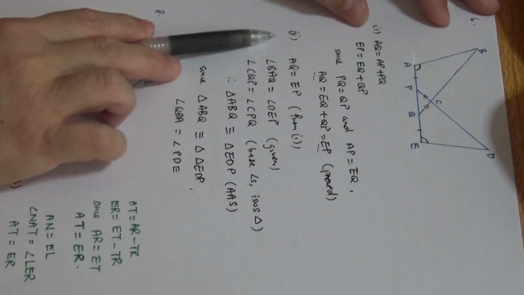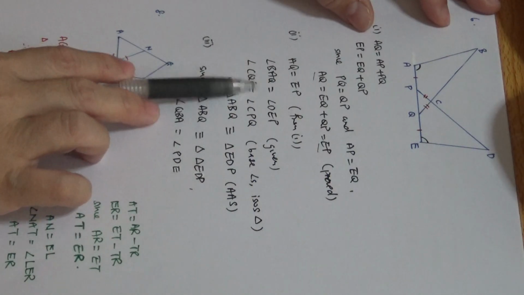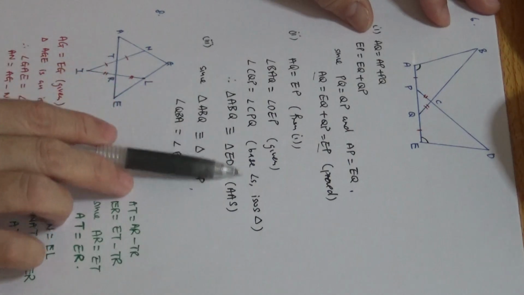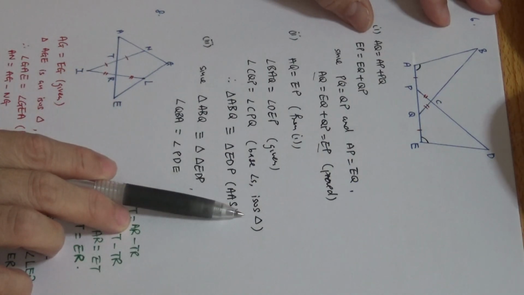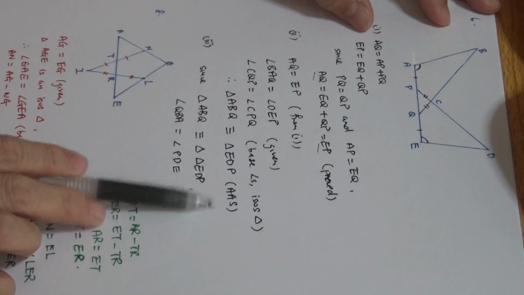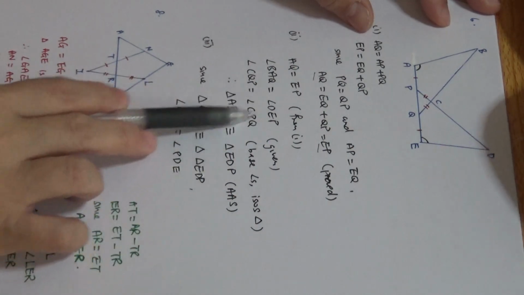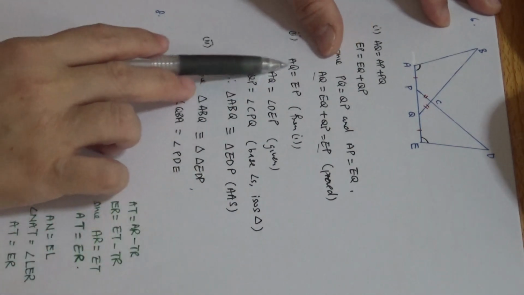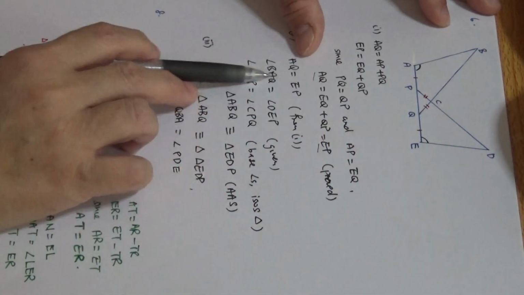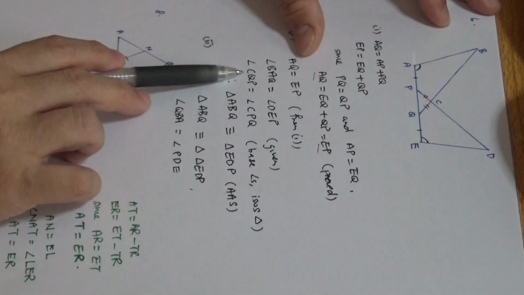Now for part 2, AQ is equal to EP, which we have proven in part 1. Angle BAQ is equal to angle DEP, which is given. These two are base angles of an isosceles triangle. So these two triangles will be congruent because of AAS, angle, angle, side. Let's take a look here. AQ is here, this is the length. Angle BAQ, this is the angle. And angle CQP,